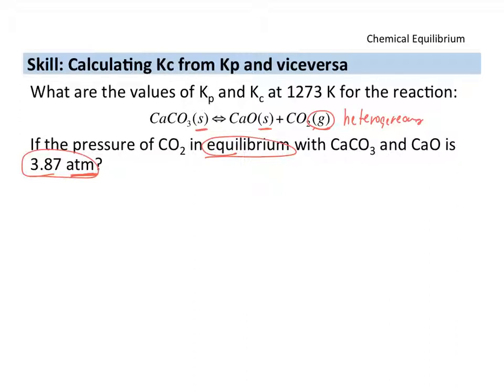Therefore, we need to write down the equilibrium expression with respect to pressure. Again, the only species in the equilibrium is carbon dioxide, so we just include that species in that calculation. So in this case, the Kp value for this equilibrium equals 3.87,